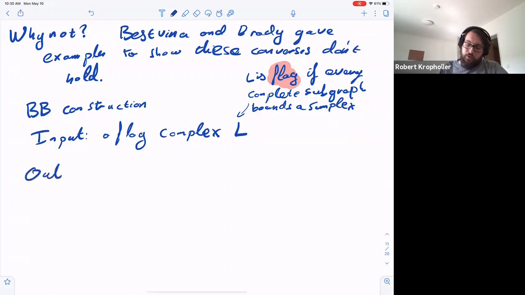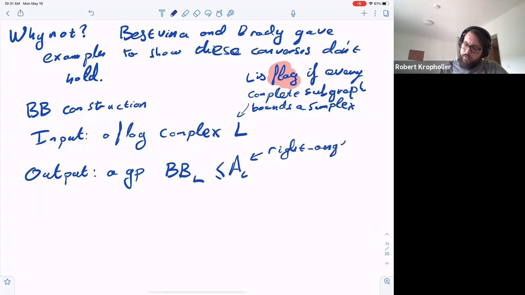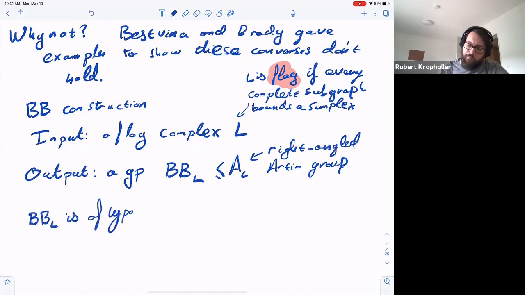Okay, and they output a group B_B_L, which is a subgroup of a right-angled Artin group. I'm not going to talk about right-angled Artin groups today, but I'm sure many of you have met them before. And what they say is that B_B_L is of type... oh, I needed to say compact somewhere. Right, something better be compact. So they take in a compact flag complex L, so this is a simplicial complex with finitely many cells, and they say that B_B_L is of type